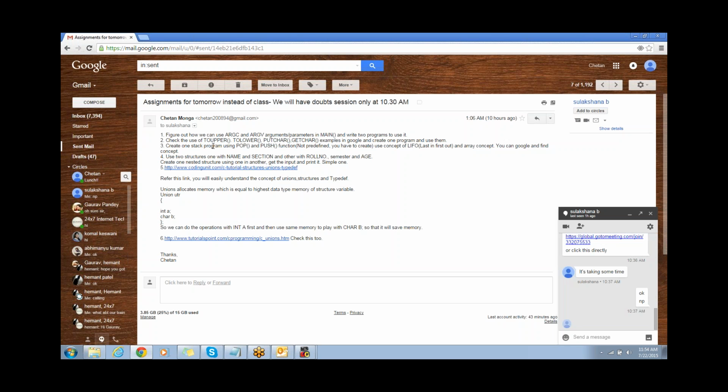And use two structures, one with name and section, the other with roll number, semester, and age. Create one nested structure using one in another. So you can create one structure with name and section as the variables, and another structure with roll number, semester, age. And you can create a nested structure, so either you can use the first in the second or the second in the first. And simply you will print the